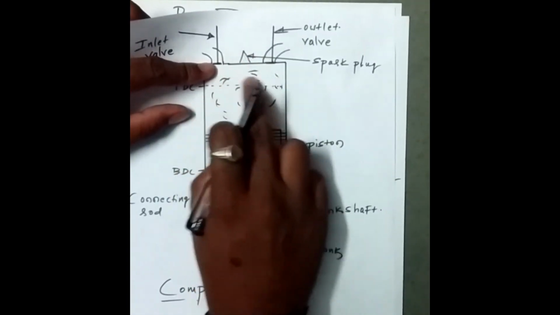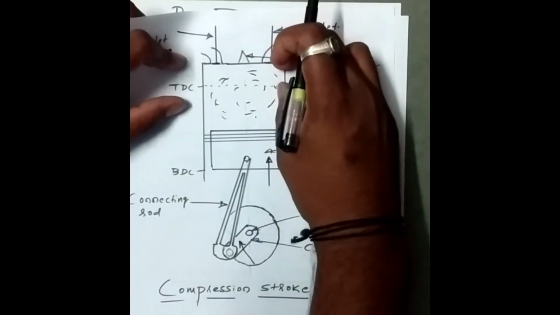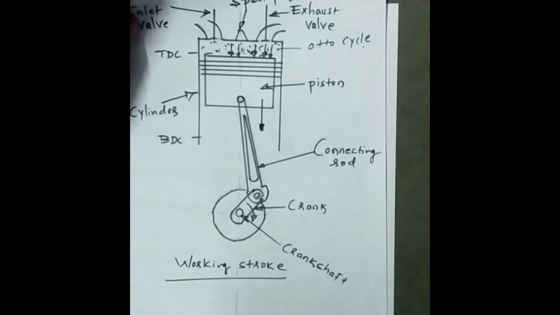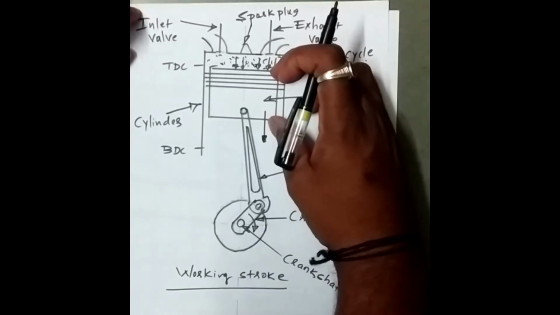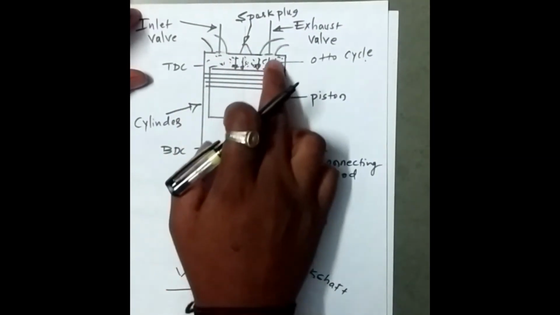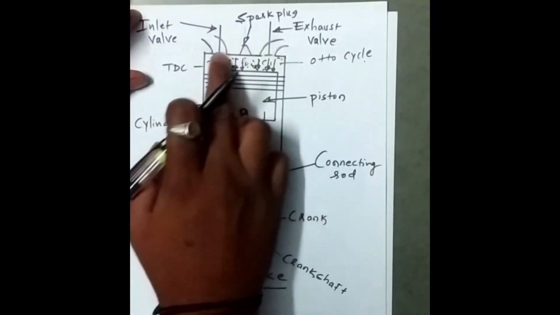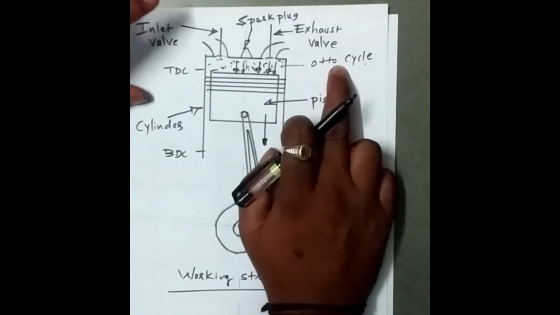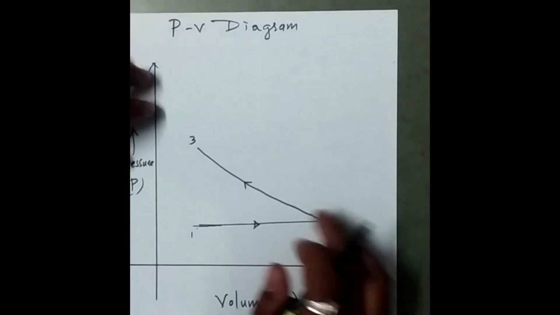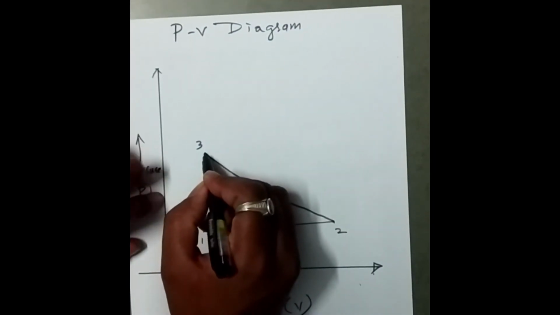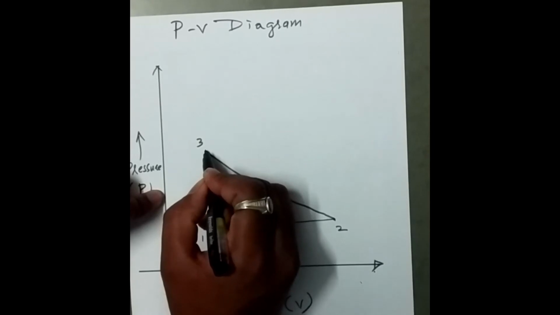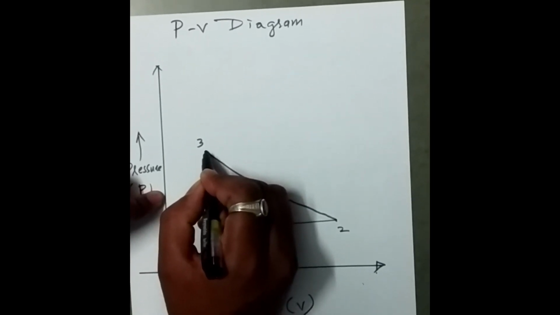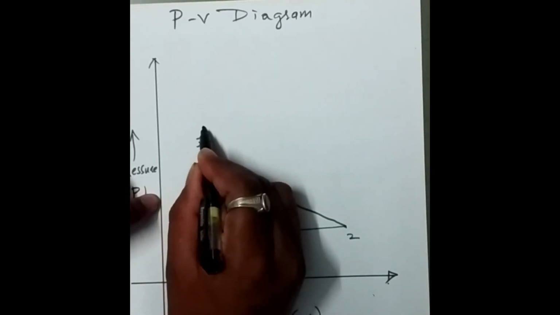This combustion of the fuel is at a constant volume. That is what I've shown in the power stroke, the third stroke. See, the piston is at TDC now. Whatever combustion has taken place, has taken place at a constant volume. That's why it is called the Otto cycle. Now I want to show this on the PV diagram. As the volume is the same, we have a constant volume, but the combustion results in an increase in the pressure. So the line will be like this.